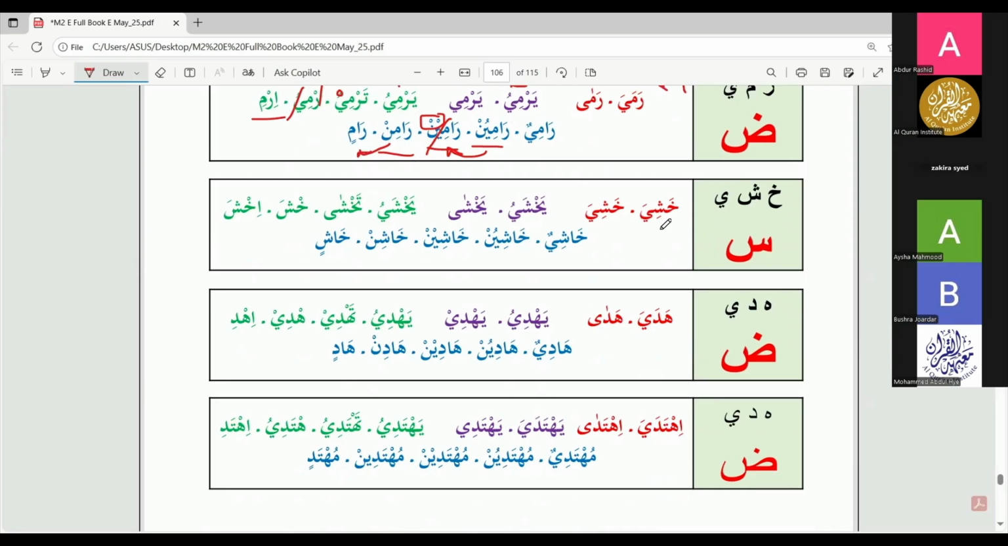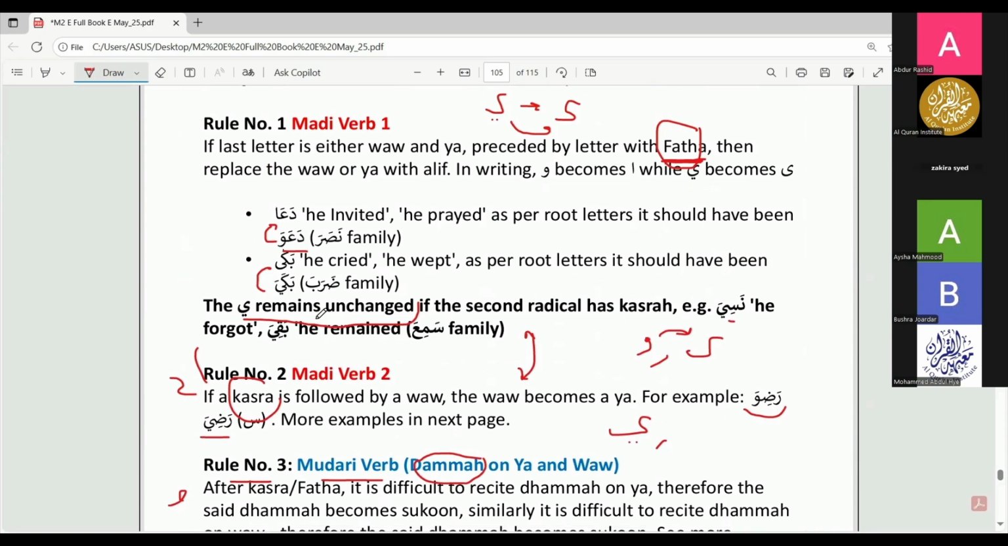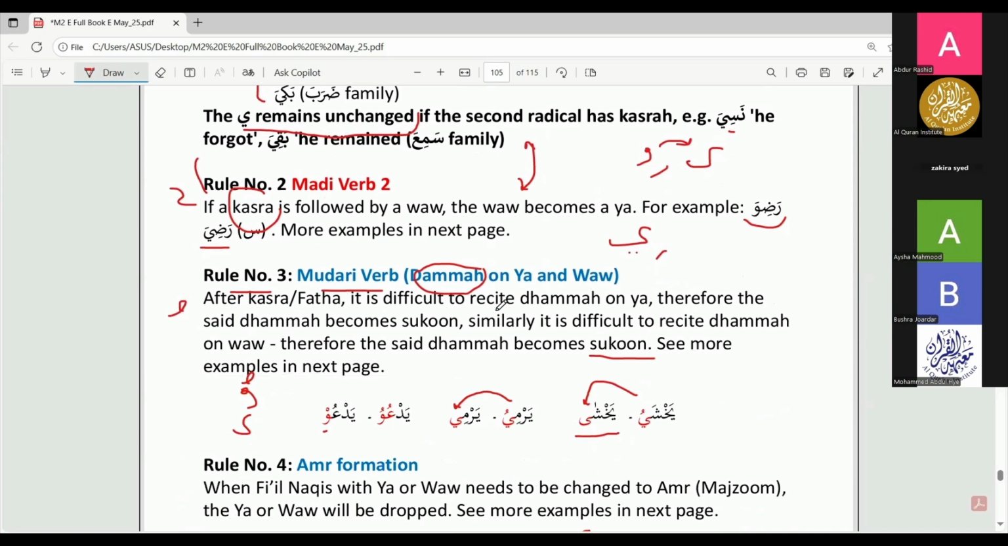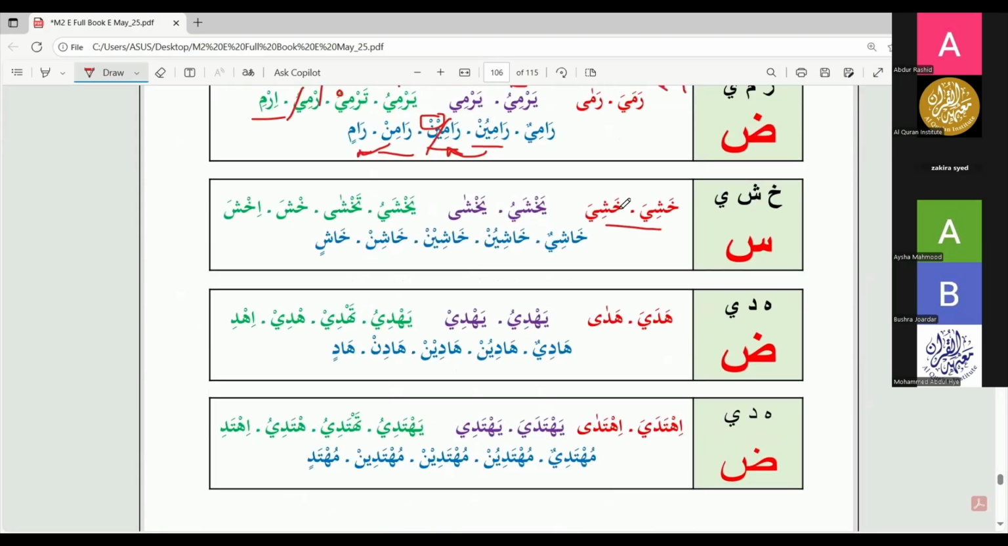Khashia, basically this is the rule number 1 we spoke about, kasra, that when ya comes and there's a kasra before it, this ya remains unchanged. So here khashia is unchanged, ya is unchanged, khashia is khashia. Then we have yakhshayu, yakhsha, mudari verb, again rule number 3. Dhamma is changed to sukoon with a prolonged sound, alif maqsura. Yakhshayu, takhshayu, takhsha it